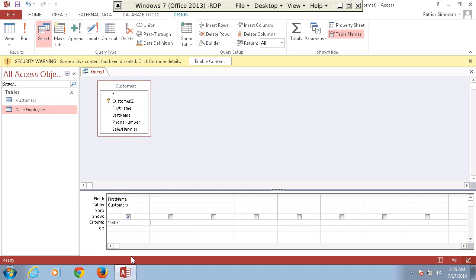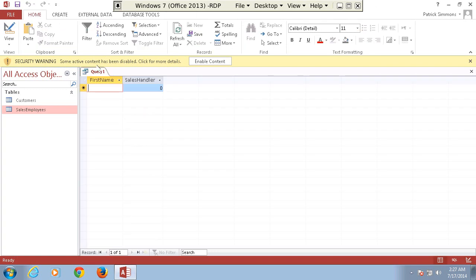And so this functions as an AND. If you have something that says AND here, and let's say sales handler has to be equal to 2 or something like that, then both of these have to be true for the query to work. So to actually run the query, go to Datasheet View, and nothing matched that query because whatever customer had a first name of Katie didn't also have a sales handler of 2. So let's go back to the design view